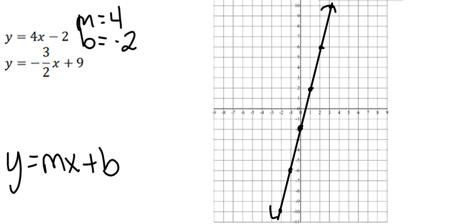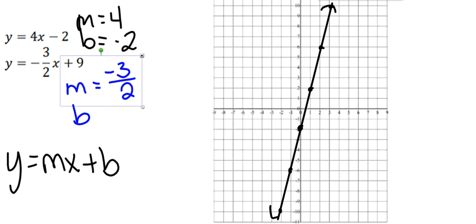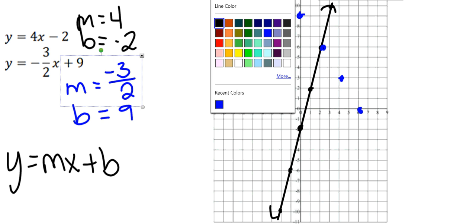Now my second equation, y equals negative 3 over 2x plus 9. I'm going to start with my slope, which is negative 3 over 2. My y-intercept is 9. So this tells me to start on my y-axis at 9. My slope is negative, so I'm going to go down 3 and to the right 2. Down 3, to the right 2. I could go up, but I would be off of my graph, so there's no need. I'll just do this. Then I'm going to connect